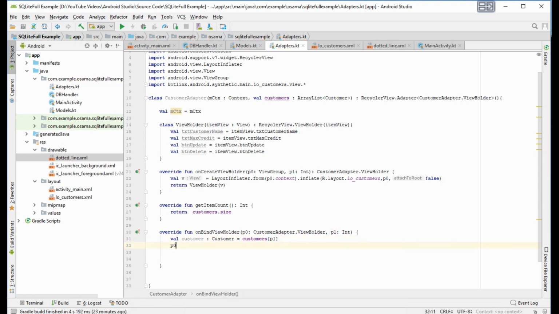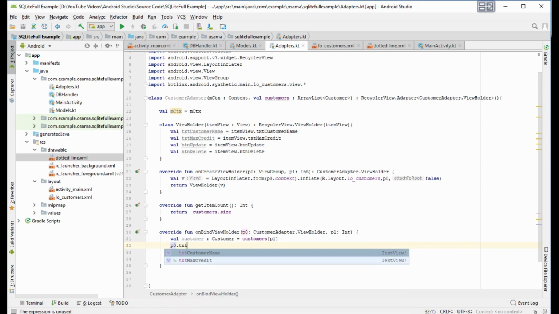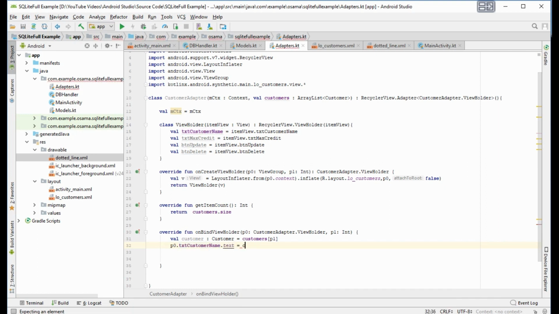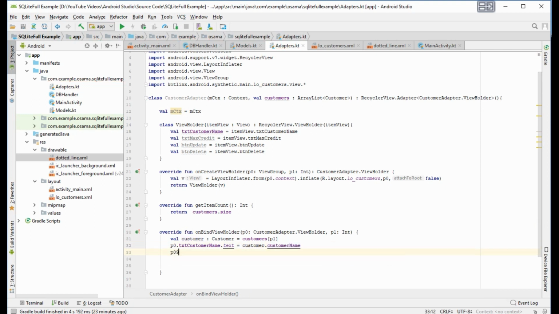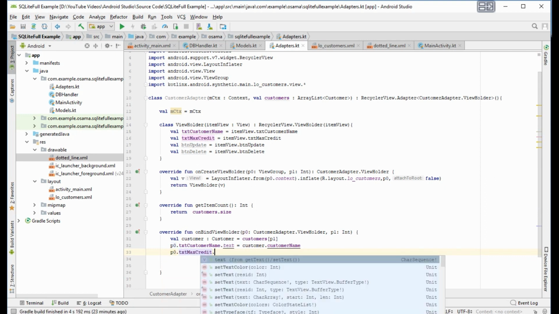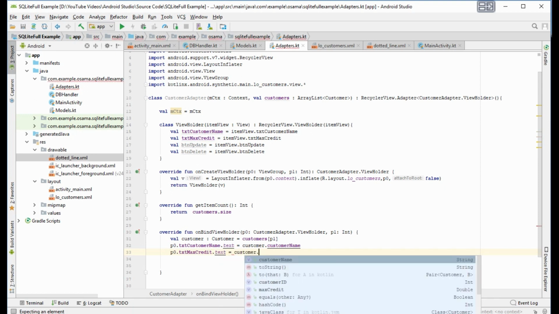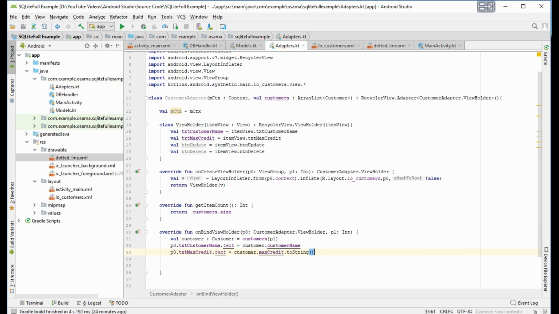Okay, now p0 is the view holder dot txt customer name dot text will equal the customer dot customer name, and p0 dot txt max credit dot text will equal customer dot max credit dot to string, because it is a double, it's not a string value.